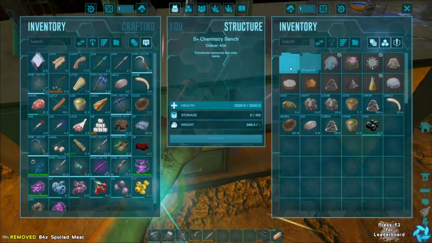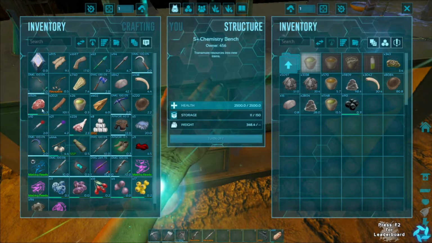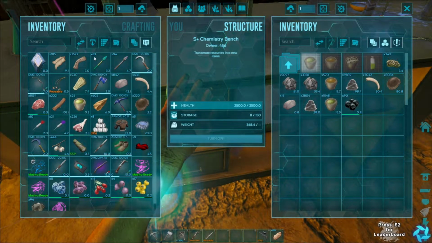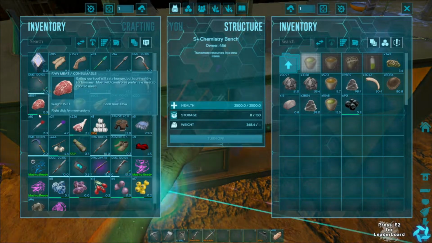Together these two will make narcotics, and this is what you need to tame dinosaurs. So how to get a lot of spoiled meat? Servers do have a spoiler, a meat spoiler. You can just search for that, or what you can do is, you see this bar here, I usually wait